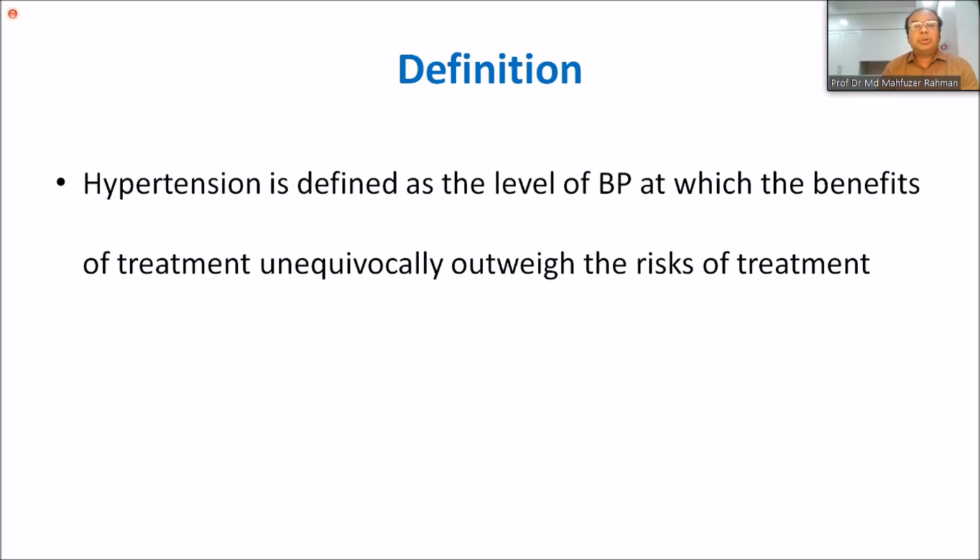And blood pressure is a normal physiological thing. This is the pressure exerted by the blood on the vessel wall whenever the blood flows through the blood vessels, and it is exerted at a right angle. And the problem is when the blood pressure increases above the normal values, that produces certain bad outcomes in relation to the vital organs, especially brain, heart, kidney, blood vessels, and the different hypertension-mediated target organ damages sometimes become life-threatening.